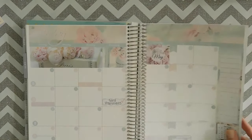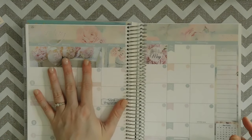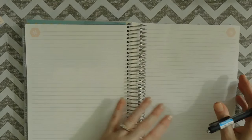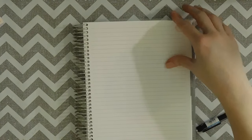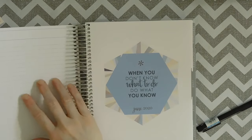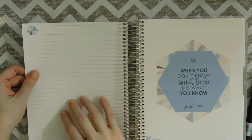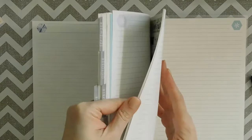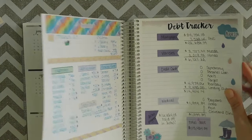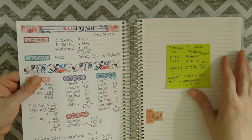I cheated and watched a couple different unboxing videos, but from here you've got your May monthly spread, and in the deluxe planner you go into blank sheets where there is 1, 2, 3, 4, and then this is technically for the next month. But what I have started doing is using this to go with the previous weekly spreads, but it's still not enough paper for me. So what I do is I come back, and under the notes section is where I do our debt trackers, but behind the debt trackers I do the week 4, and for May I'll be doing the week